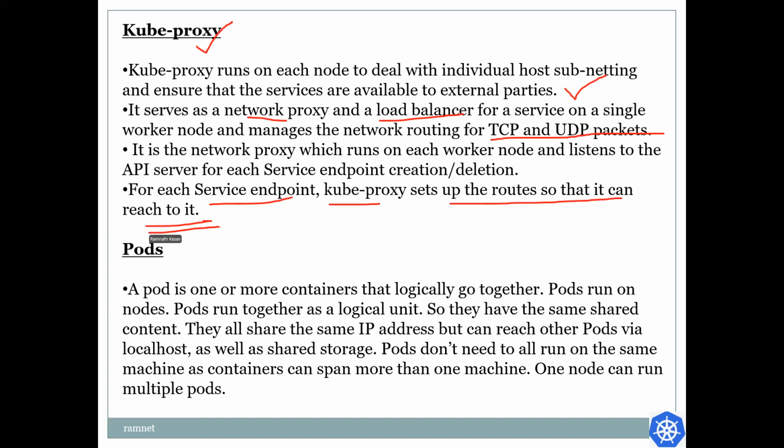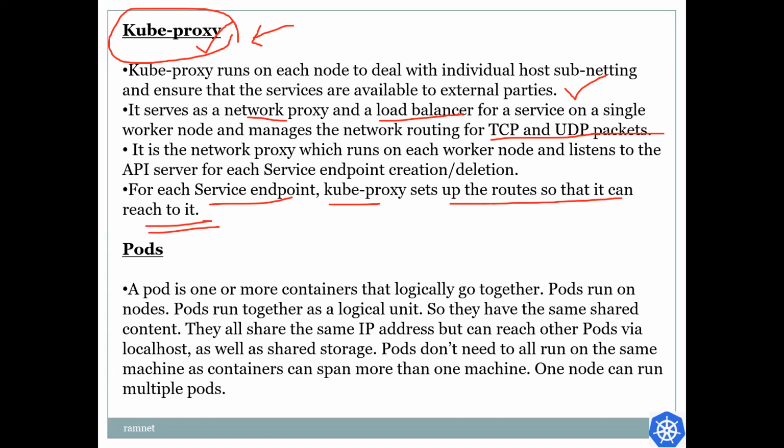So this contains our complete network environment. It manages the entire network between the nodes and pods, and it works like a proxy and a load balancer, doing the routing using TCP and UDP packets.